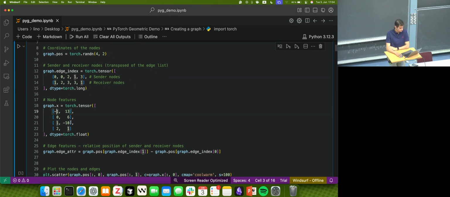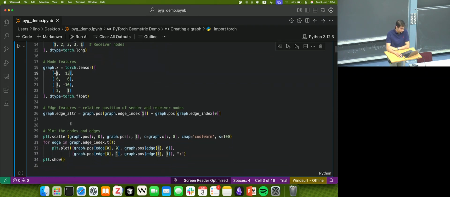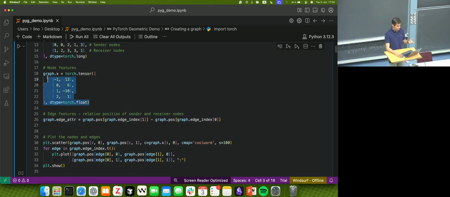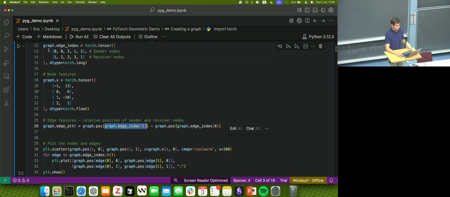We have 2 input features per graph. And then we have the edge attributes, which are the input features for the edges. We could provide something random like we are doing here for the node features, and we can also do what we have been seeing that we normally do, which is use the relative positions between the sender node and the receiver node. So with this we are getting the indices of the sender nodes, these nodes here, and we are